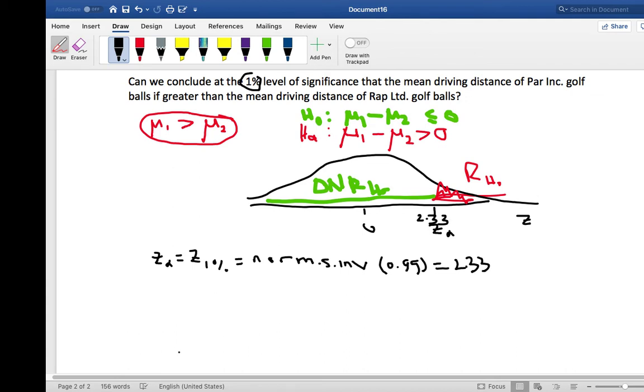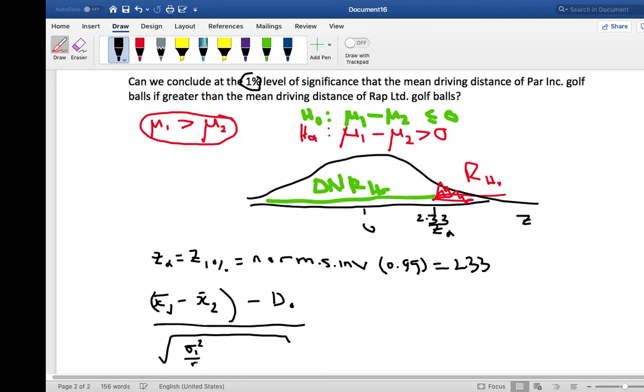The test statistic is going to be x1 bar minus x2 bar, x1, there's supposed to be a 1 in there, x1 bar minus x2 bar minus the difference that comes from H0, and that's going to be divided by the square root of sigma 1 squared over n1 plus sigma 2 squared